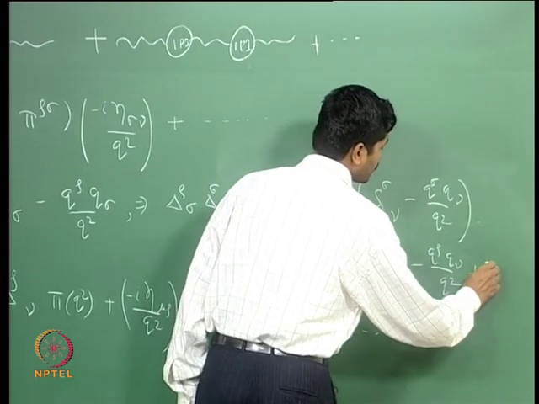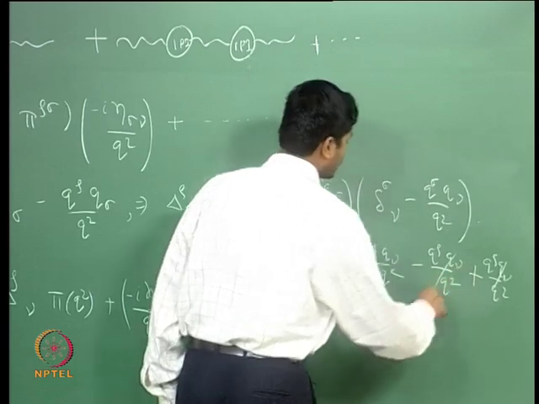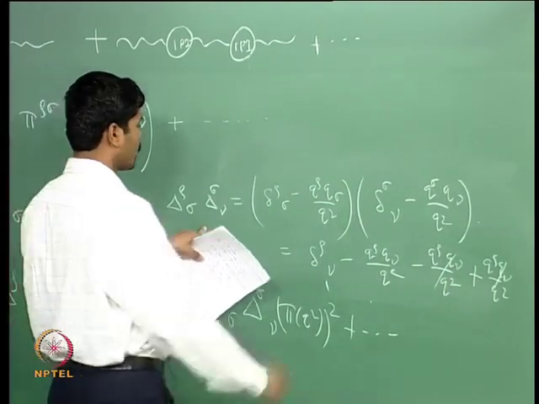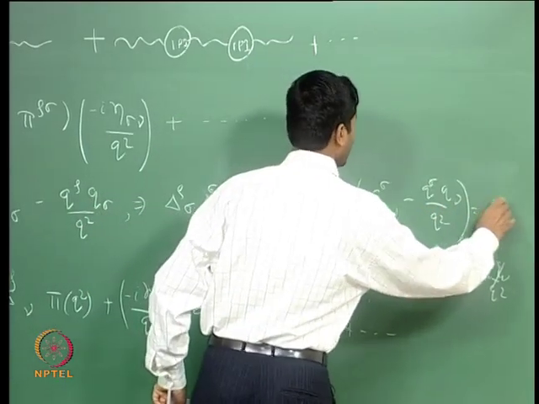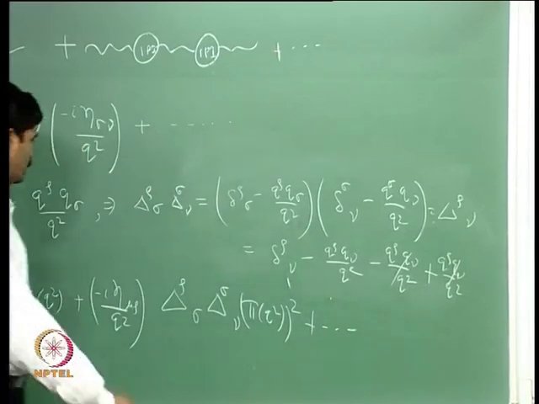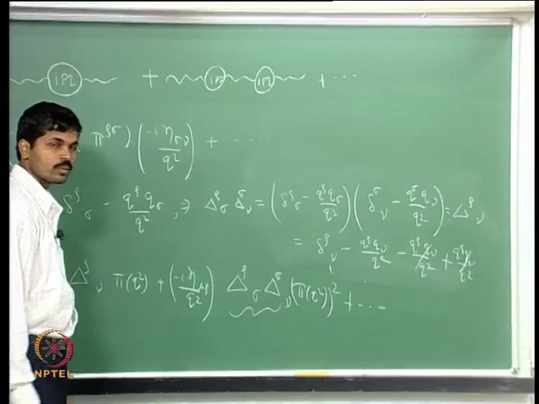So, this will be plus q rho q nu divided by q square, this will cancel, and as a result this is merely given by delta of rho nu. So, this quantity here is simply delta of rho nu, and